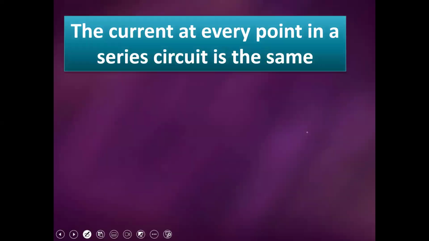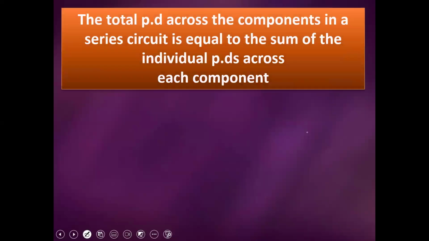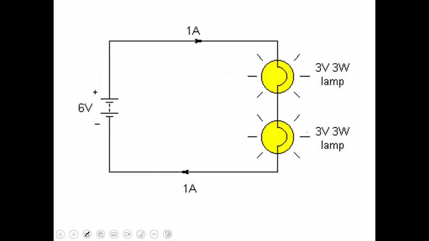So every resistor gets the same current. So current at every point in a series circuit is the same. But the voltage changes. Look here, suppose